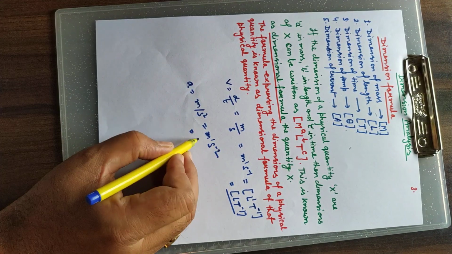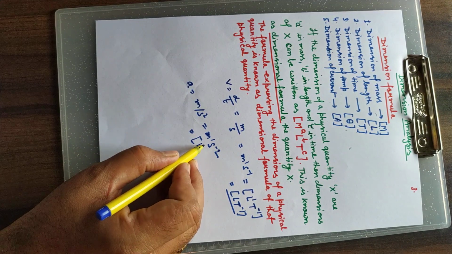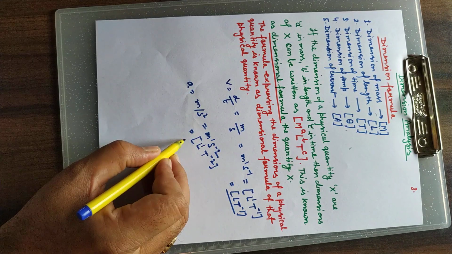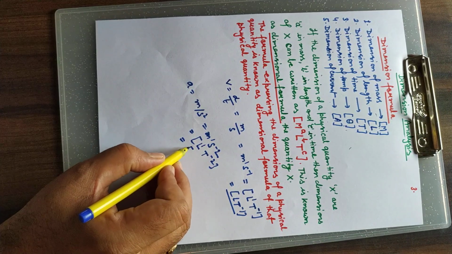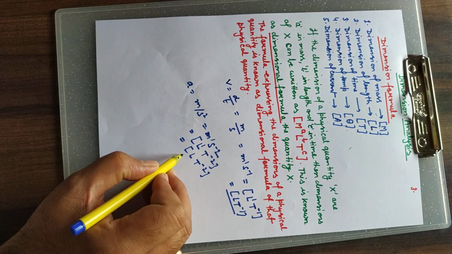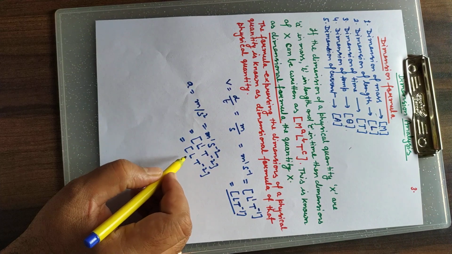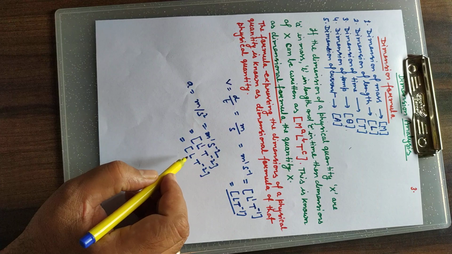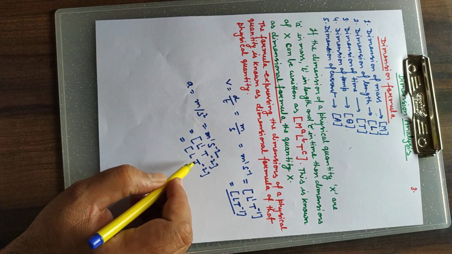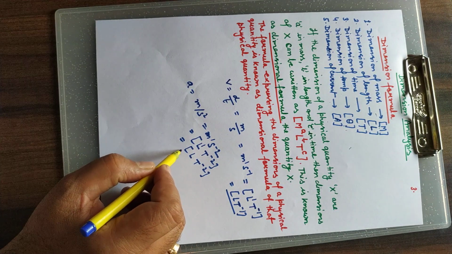So the dimension formula of acceleration: for meter, just like length, it is L to the power 1. For time, capital T to the power minus 2. So the dimension formula of acceleration is LT minus 2. The dimension of length in the dimension formula of acceleration is 1, and the dimension of time in it is minus 2, but the dimension formula of acceleration is